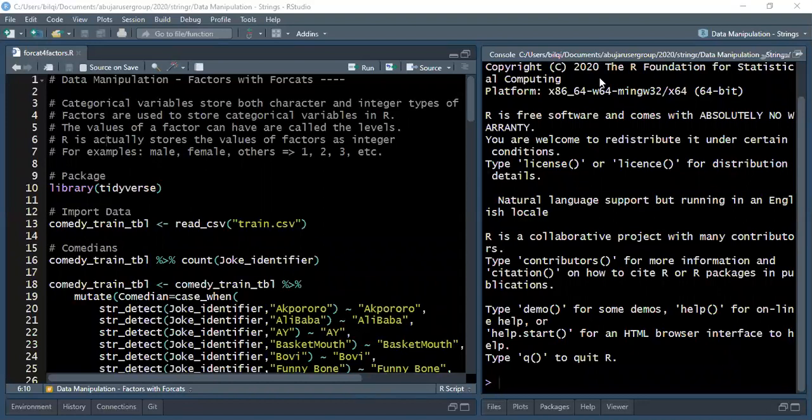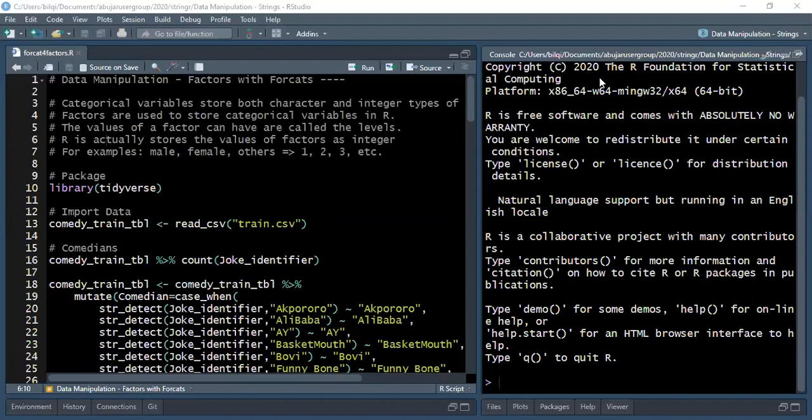Also, categorical variables are categorized into two as well. We have the nominal and the ordinal values. The nominal variables have no ordering in the different values that they have, while the ordinal are ordered. You can see from the name ordinal, they have a distinct order to the various values that are within it. So without further ado, we're going to look at manipulating the categorical variables, storing them in R